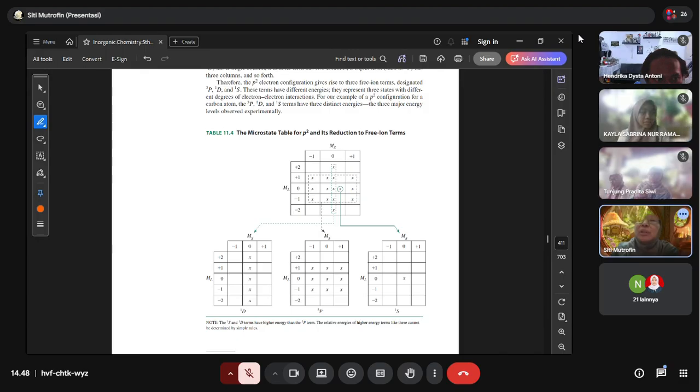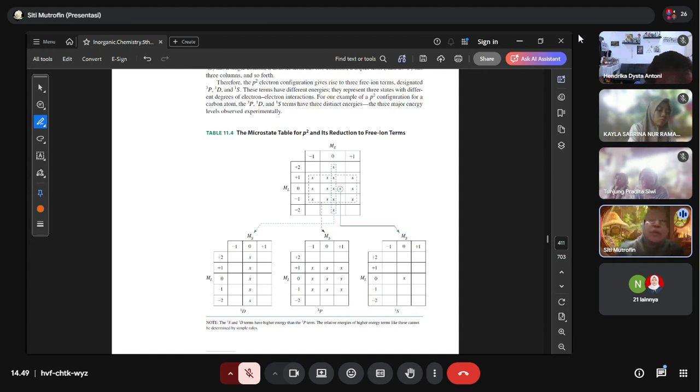Tunjung? No, Tunjung got confused. I actually have a question, ma'am. Previously, you presented to us the symbol SLJ, and then S is equal to 2S plus 1 for spin. But what actually is the J? Because you said the J could be L plus S, but also L plus S minus 1, but also L plus S minus 2, on the upside. So why does it have different values? Okay. Thank you. I haven't finished explaining the full free ion symbol.